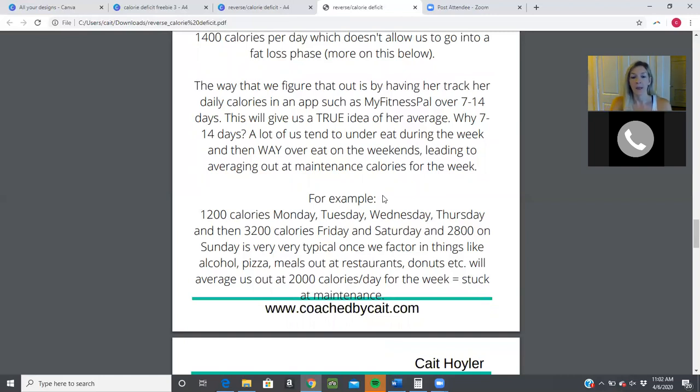So that's why you're not really losing weight. And it seems like 3,200 calories is a lot, but once you factor in alcohol, which adds up very, very quickly, and things like pizza, ice cream, donuts, French toast, like if you go out to dinner, or a lot of people